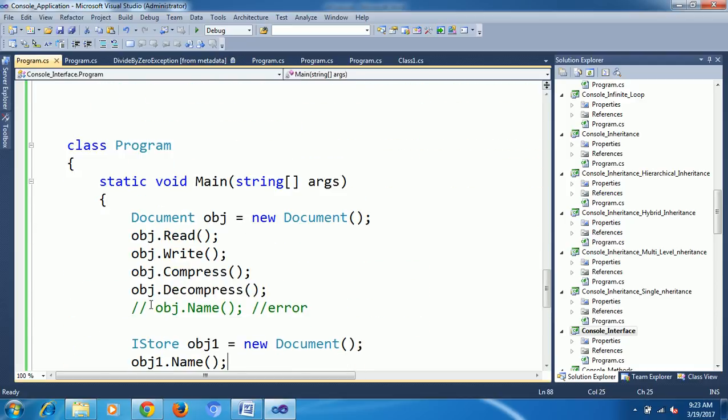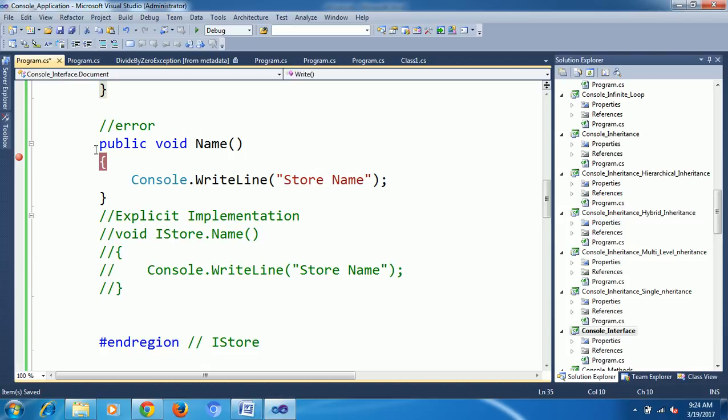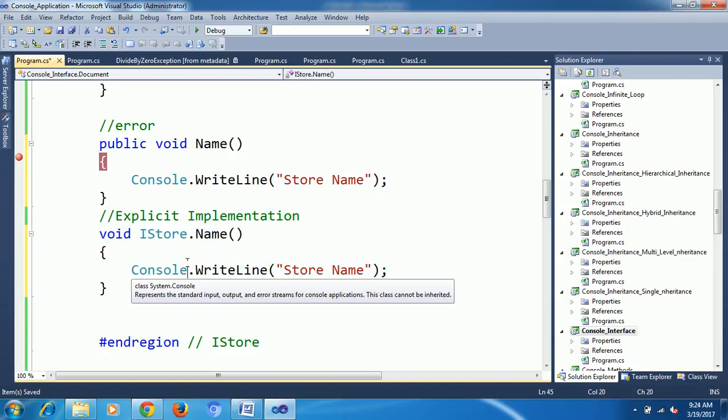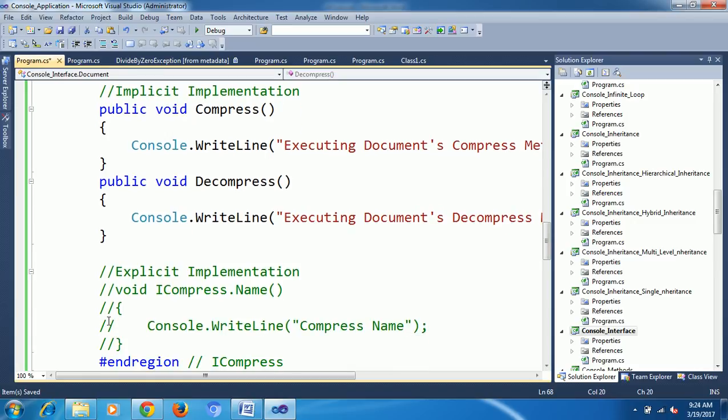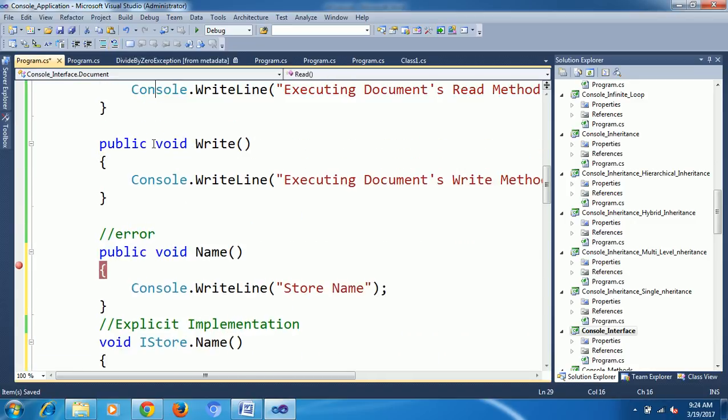See here, one more error. Now this error will not trigger now when I create the object, because now I am hiding the common methods. Please wait one minute. Here it is the IStore name. One more thing down here, this is for ICompress. I created separate methods. Now I have one more method separately named. Now when I try to build,